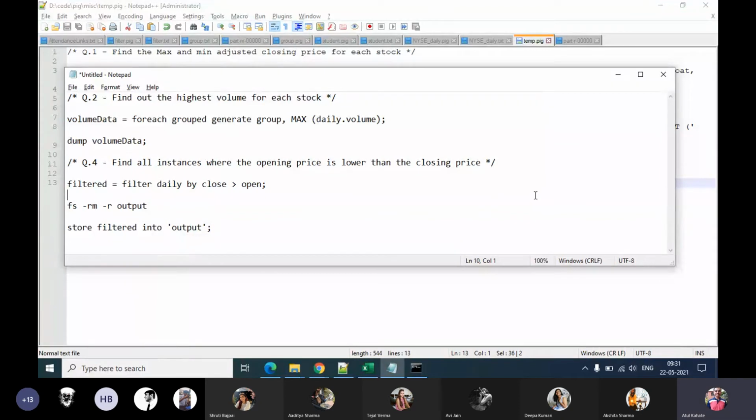But with Pig, it becomes very easy, because Pig comes with a join statement. And just as in SQL, Pig has support for all types of joins, that is inner join, outer join, left outer join, right outer join, all of those. Plus, it also supports union and other types of set theory relations.